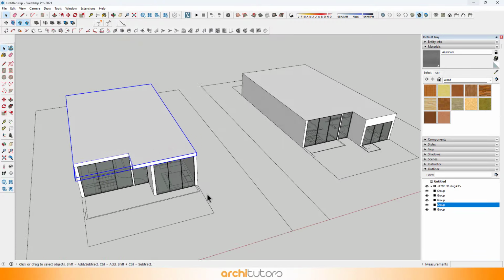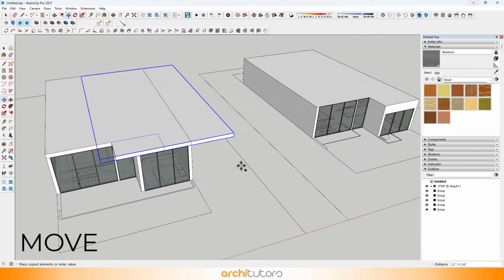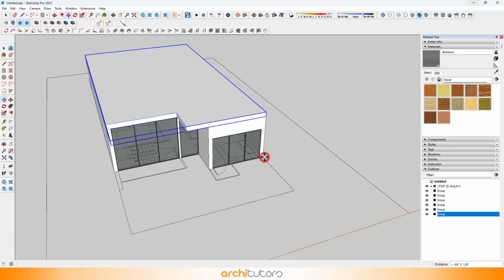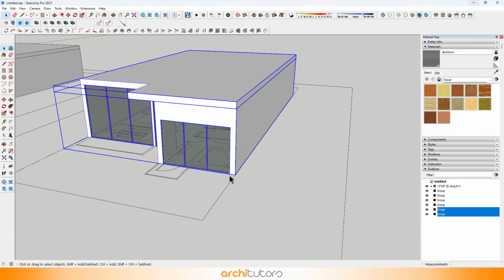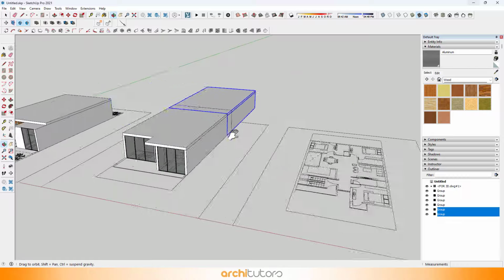After that is done, copy the slab to the second floor. Let's place these floor blocks together to see how it looks.